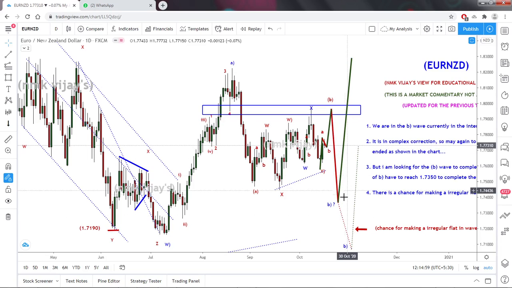And if it comes near, and again if it is a promising trade setup, I will be on the buy side here itself. Otherwise, you can do one small lot here. Once that AB equals CD pattern and the 5 waves have ended, you can enter here in a small lot and expect this low also. Don't put a stop loss here.